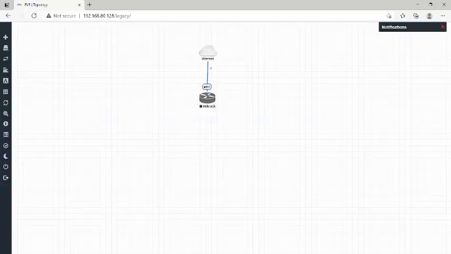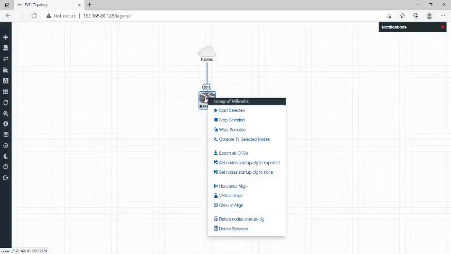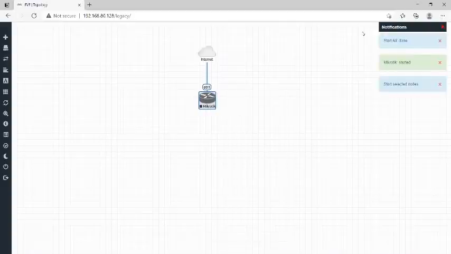After this you can see the internet is now connected on your controller, on your MikroTik router board. So this is not on right now. You can see the black, this is showing the black means it is not getting power now. So just right click on it, and it will show you the option that start selected. So I have selected the MikroTik and click on start, and here you can see the message that started nodes. This node is going to start, and now the color has been changed.